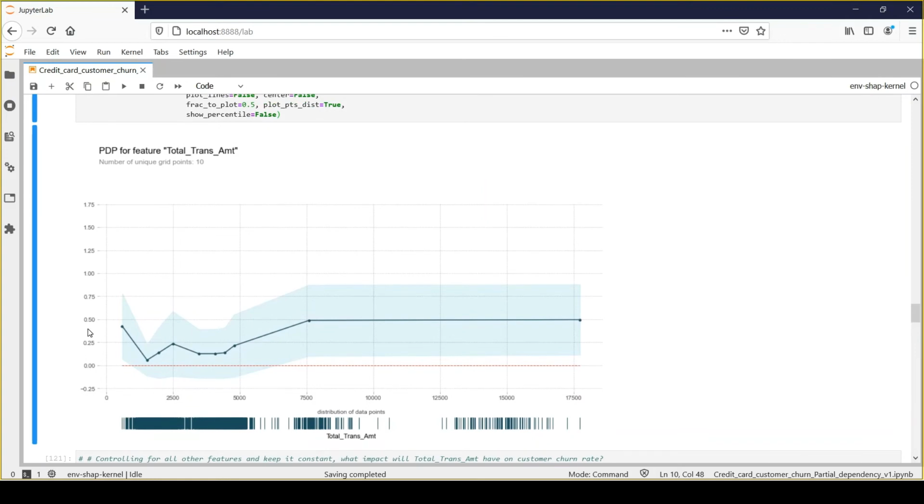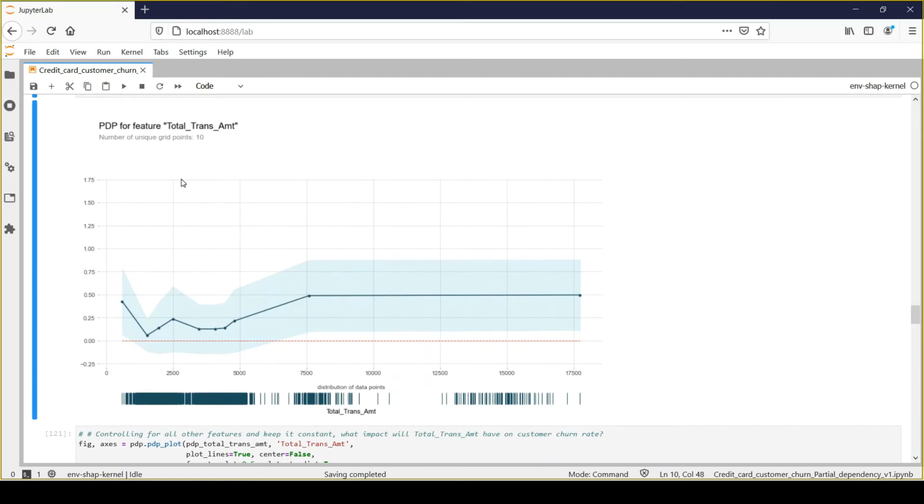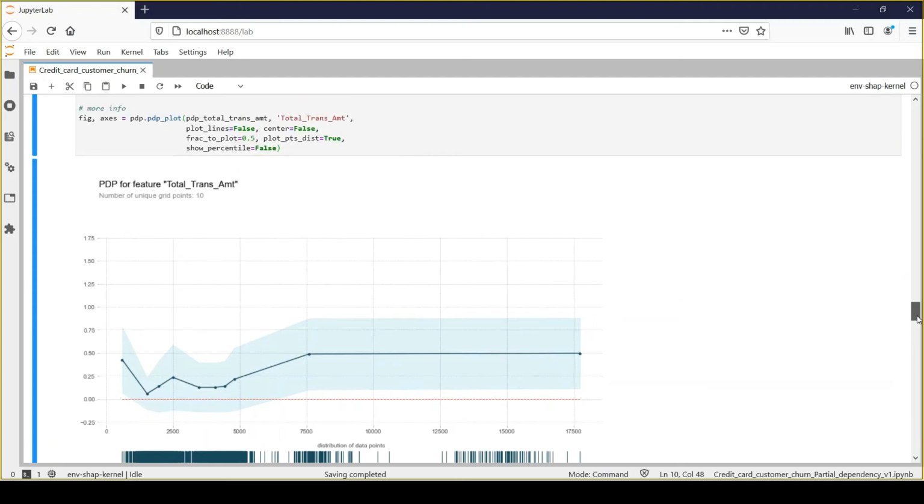And here you can see that it is the same graph which we had seen earlier, and it will clearly show the impact of your total transaction amount on your prediction. And you can clearly see that after 7500, the prediction will not change. It will be constant. You can see it from here. So all the variations which we have, we can see from this partial dependency plot vary between 500 and 7500. So we have some variation, ups and downs, between these two values, right? So that's the information the partial dependency plot will provide, okay?